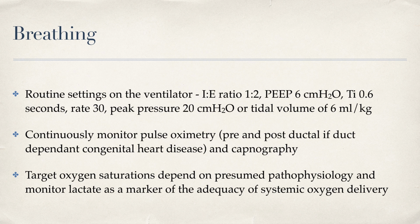So if you do have hypoxia in this scenario, it should be discussed with the retrieval team and a paediatric cardiologist, and it may be in fact you need to increase your prostaglandin dose to get the duct opened, or consider balloon atrial septostomy. It's also important to not be reassured by high saturations in a single ventricular circulation, as